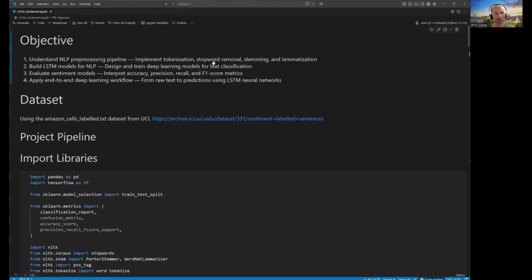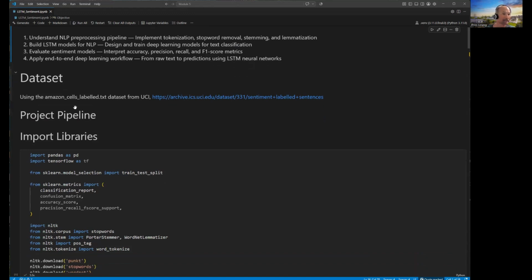pre-processing pipeline that includes implementing tokenization, stop word removal, stemming, and lemmatization. We will go into building an LSTM deep learning model for natural language processing. And then we will evaluate the sentiment model and apply an end-to-end deep learning workflow, which is basically like the production pipeline. Okay, so for our data set, we will be using the amazon_cells_labelled.txt data set